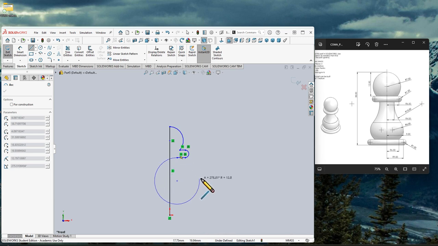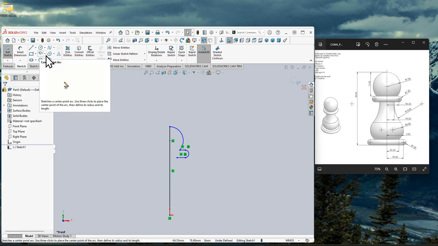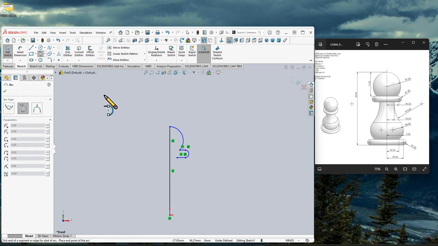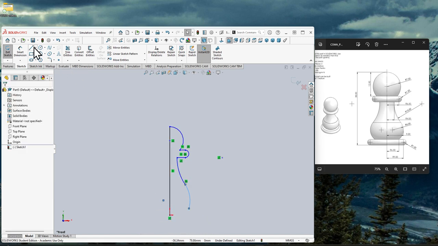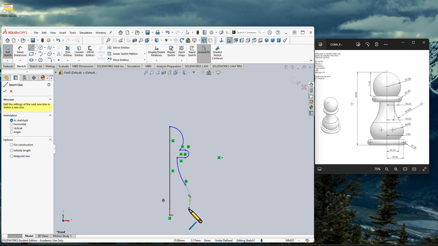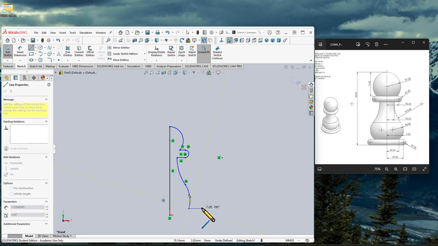Let's see if we can get it to draw it smart for us here, because we want a small shape. I might need to pick something different. Yep, I'm going to hit escape to get out of that tool. So I'm going to click on my arc tool up here, and I want to do a tangent arc. Starting at that point, I'm going to come down this way, let's say about here. So left click there, and now I want to make an arc coming kind of the other way. It goes something like there. Now hit escape, go back into my line tool, and starting from that point,